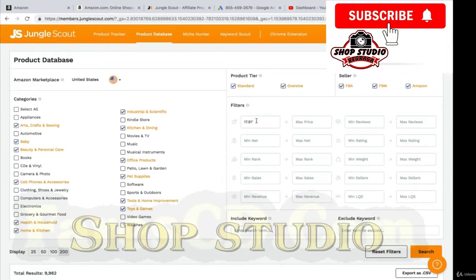Potentially we're going to find products that all the people are missing because they're putting in 20 as their starting point. They're not looking at anything below this. We're going to find a few products that are priced at, you know, $19.95, $18.95, $17.99. Anything in between here and 20, we're going to find, while other people punching in whole numbers are not. So $17.97 would be our minimum, and our maximum price, pardon me,